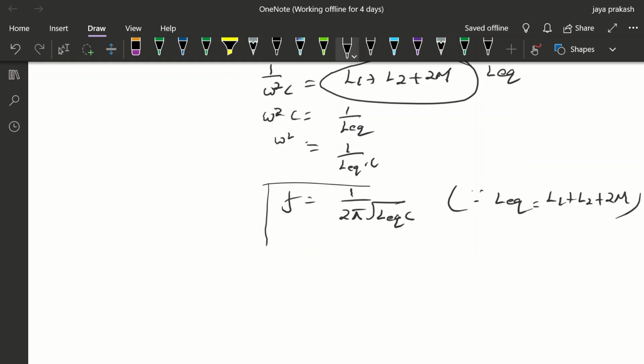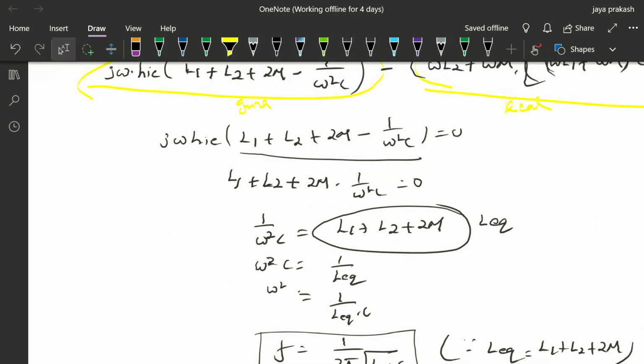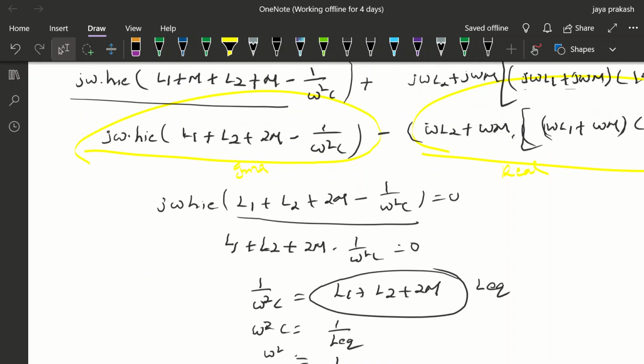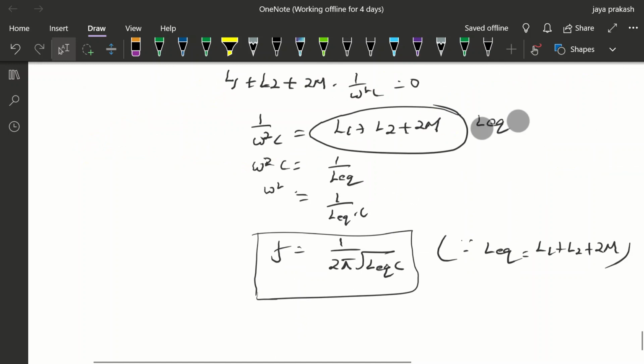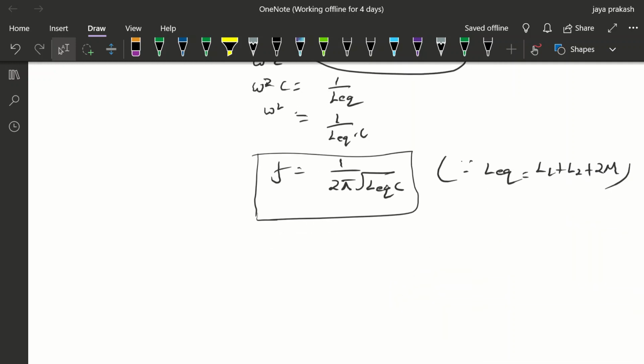So the frequency of oscillation of Hartley oscillator f is equal to 1 upon 2 pi root over L equivalent into c. So from the general form of an LC oscillator, if we make imaginary part equal to 0, then we will get the frequency of oscillation of Hartley oscillator is equal to 1 by 2 pi root over L equivalent c, where L equivalent is L1 plus L2 plus 2m. And similarly, if I make real part equal to 0,